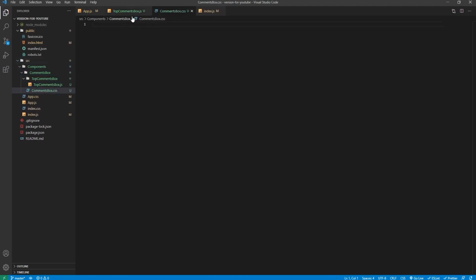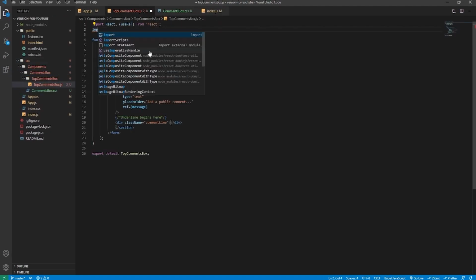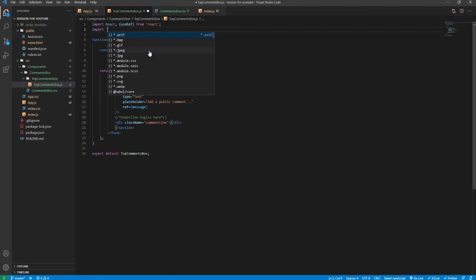commentsbox.css. We'll need to import the style sheet to our top commentsbox.js file, so we'll say import, we'll say .. to go up one directory, and then we'll say commentsbox.css to require the style sheet. Now if we go on application, we can see what we've created. As you can see, it looks nothing like the YouTube comments box,